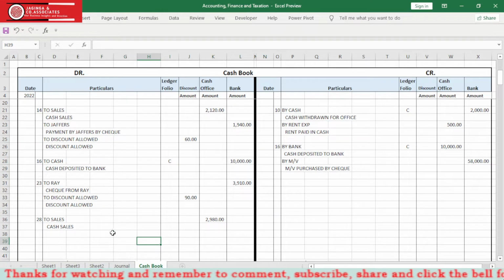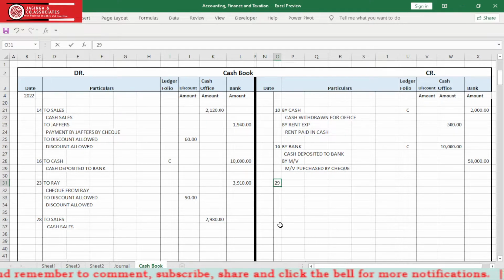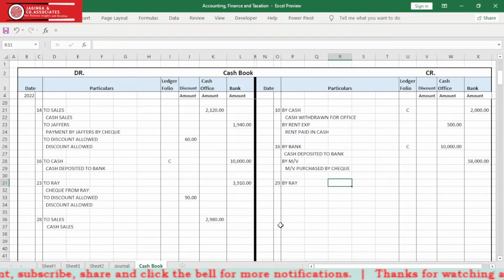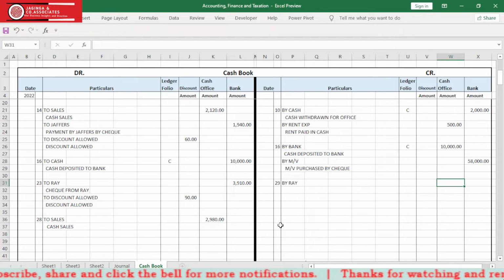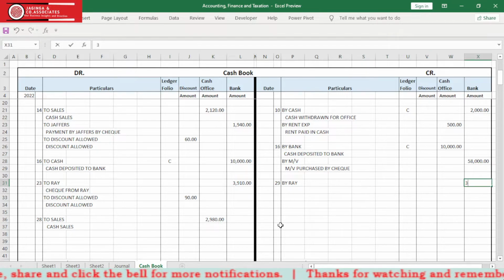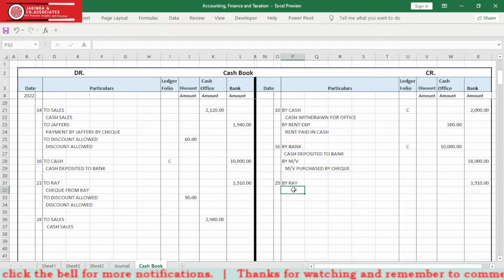So what we need to do here, we'll come to this was on 29th. So we'll come and write here 29. So here is by Ray, and then we write here bank account here is 3910. The narration here is dishonored check,